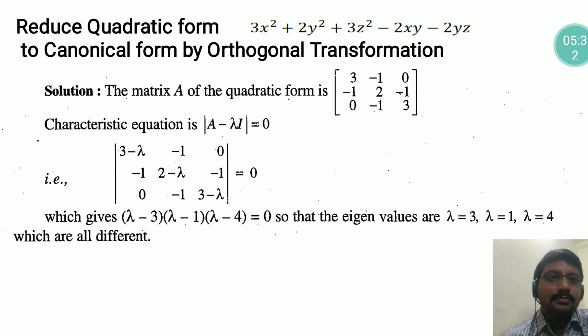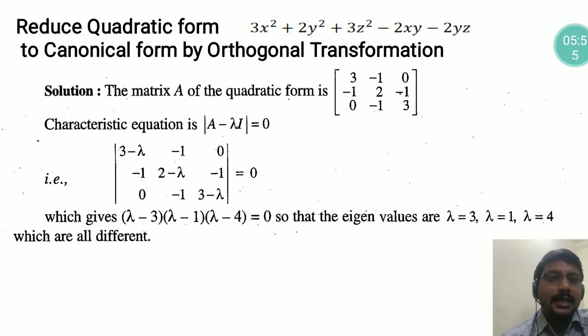There is a missing term, that is minus xz. So the xz term is missing here. Just take the coefficient as 0. And clearly we can define the symmetric matrix A. So thus the symmetric matrix is obtained. So it is the first step. So the first step is clearly completed.